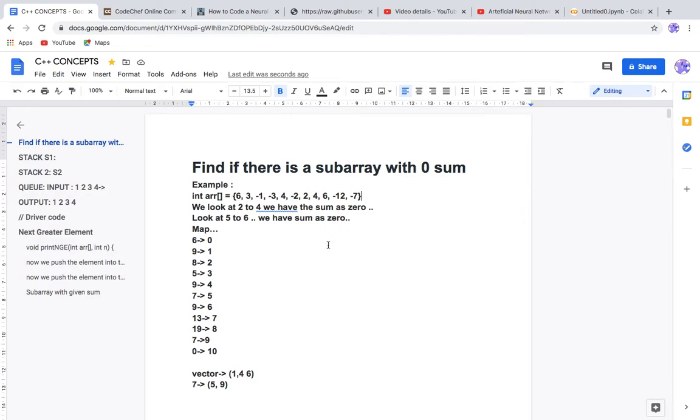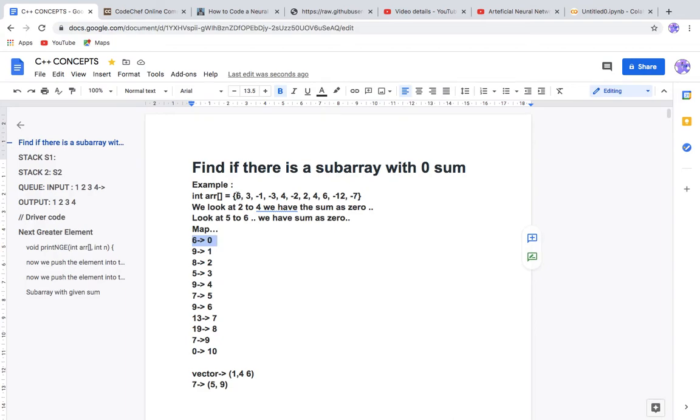So how do we come to this conclusion? What should be our strategy? Let's get into it. I'll use a hash map to solve this problem. If you go to the array, 6, the index is 0.